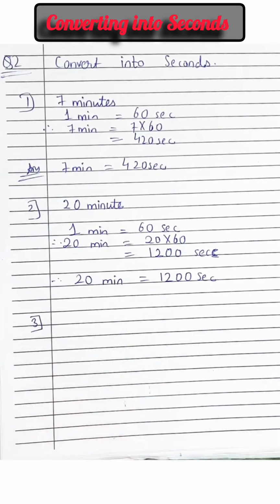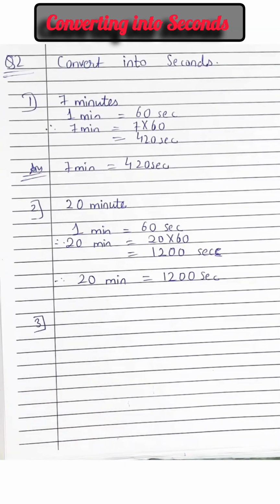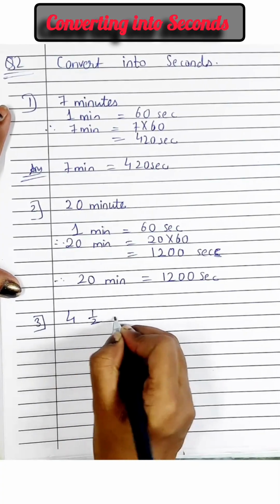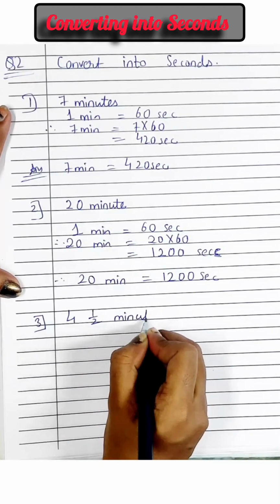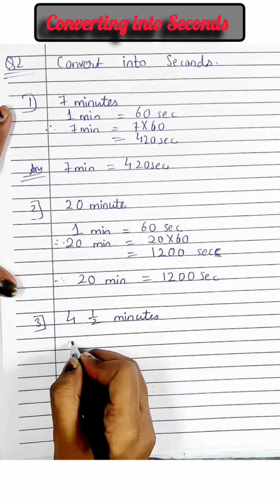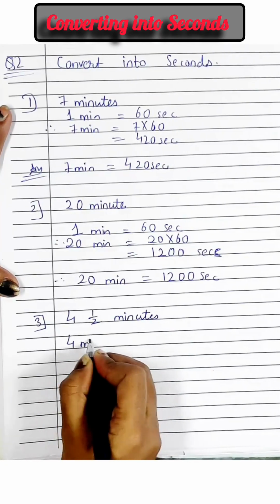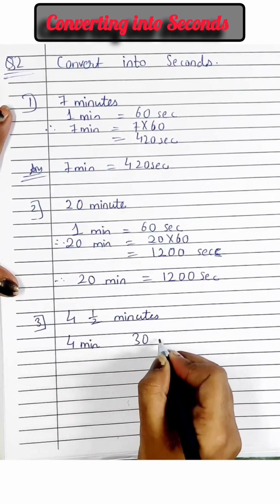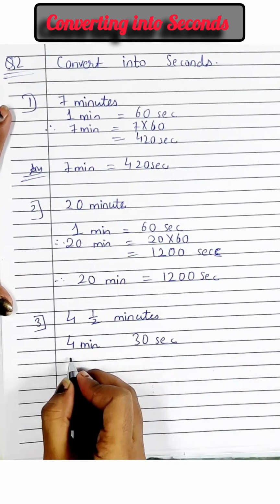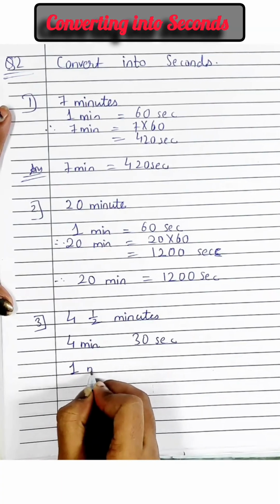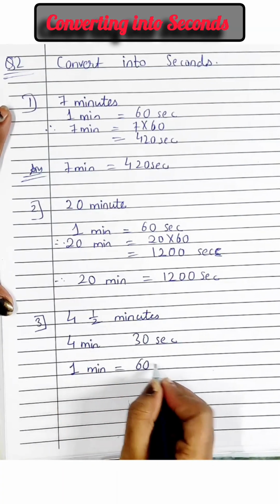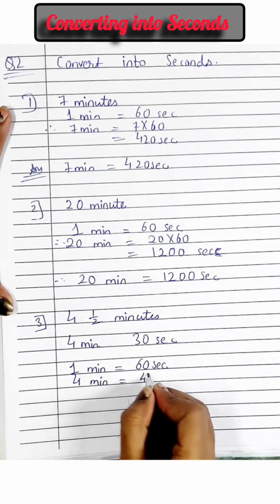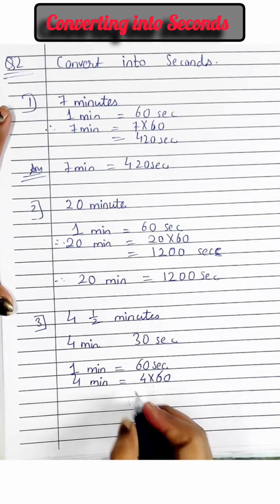Third sum. Yes, 4.5 minutes. 4.5 minute means 4 minutes. Half minute means 30 seconds. So first convert your minutes into seconds. That is 1 minute is equals to 60 seconds. So 4 minutes will be 4 multiplied by 60, which will give you